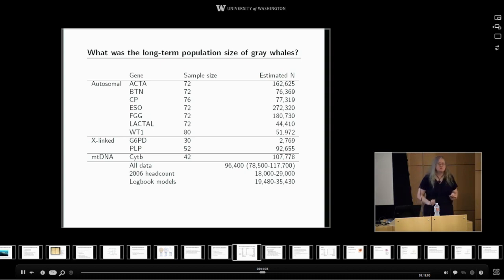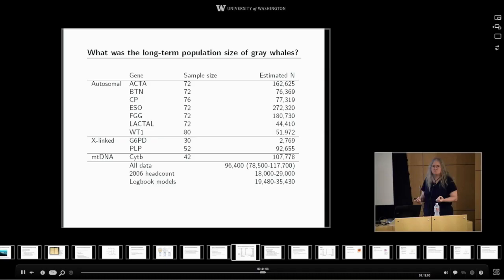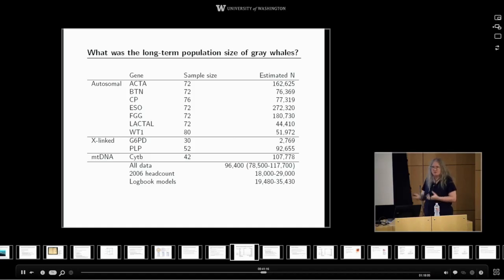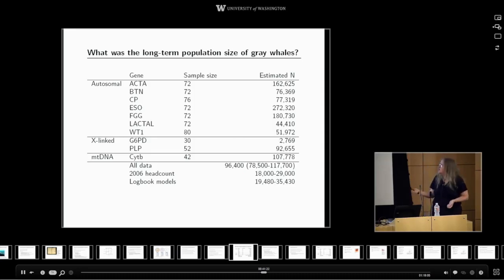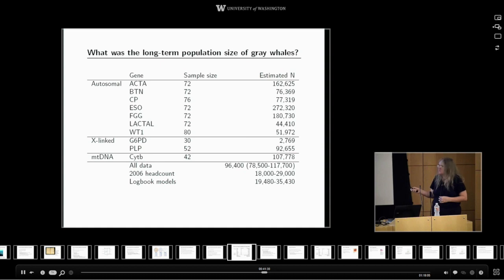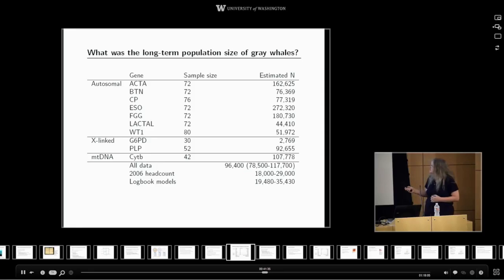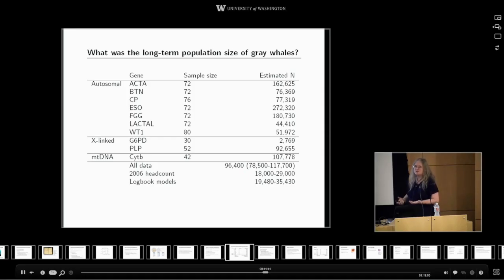What I think we've hit here is probably natural selection. There was a genetically advantageous mutation at this locus, and whales carrying that mutation had a higher rate of survival, and so that particular genetic type has overpowered the others and is present in most animals. One of the reasons for having 10 genes is to try to avoid being swayed by that. If we'd seen only this gene, we'd end up with a very small estimate for how many whales there are. With 10 genes to look at, we can say this looks like an outlier. Perhaps something different is going on at that locus, and further study could be done there.